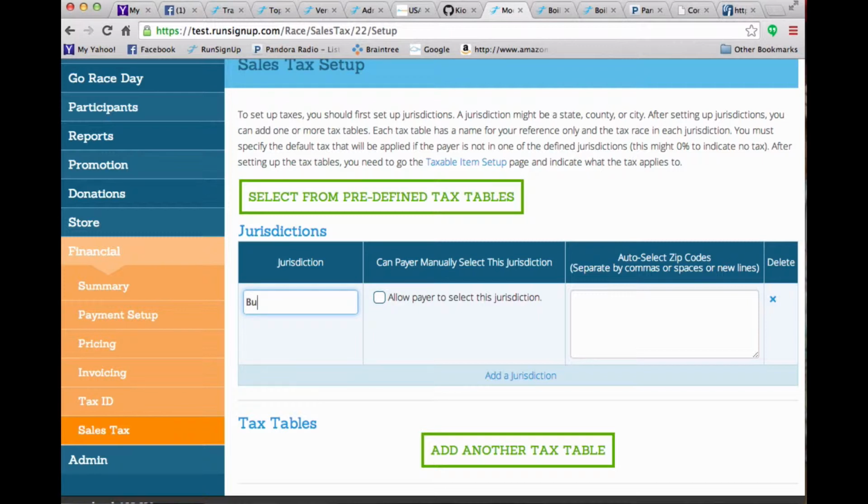So let's just make up one here, Burlington County, which is the county I live in. And there's two ways that you can define Burlington County. One is that you can let the person that's paying the tax, basically the runner who's registering for your race or buying something on your storefront, select from the list of options. So you could have a list of different counties here, for example, and they could do self-selection. The other way is that RunSignUp can detect and auto-match the person's zip code to